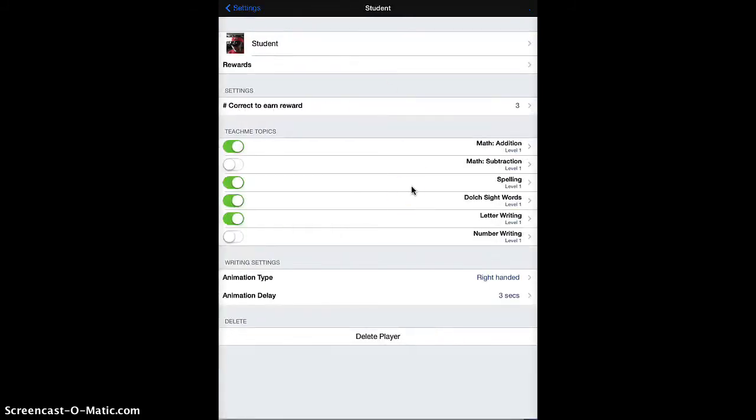When I open up this particular student's progress, I can see the categories that they've been working on. They've been working on math addition, spelling, Dolch sight words, and letter writing. But we've turned off math subtraction and number writing because we aren't quite ready to work on that for this particular student. Let's say I also want to turn off letter writing because I know that we aren't really ready